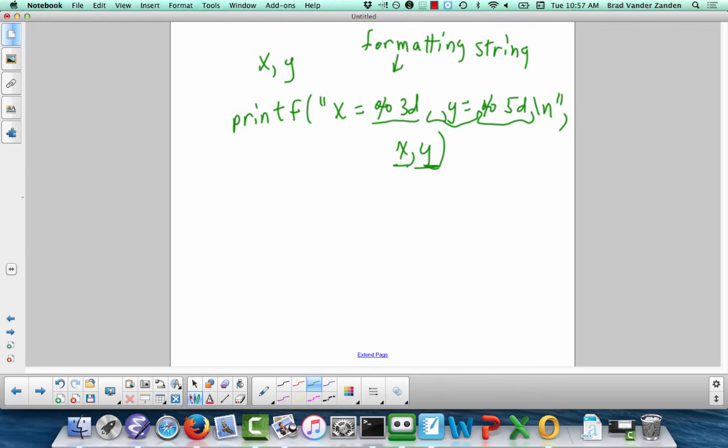You'll have to use it in a couple labs. We will tell you specifically in the lab when we want you to use printf, and you can use either cout or printf when we make it optional. Okay? So at any rate,